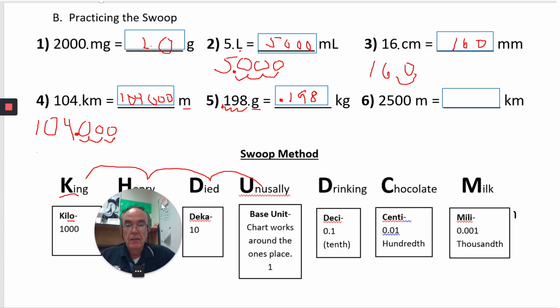I want to go to kilometers. So again, it's the same thing. I'm going to go 1, 2, 3 this way. So remember, I can add a decimal. And then I want to swoop once, twice, and the third time. So my answer would be 2.5